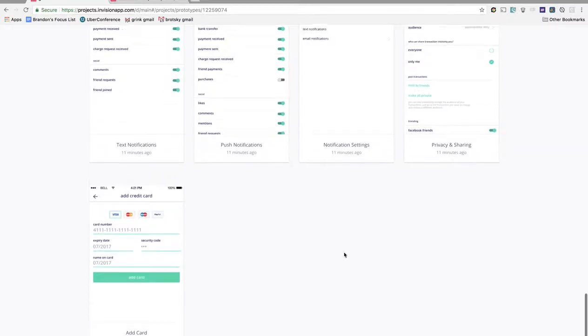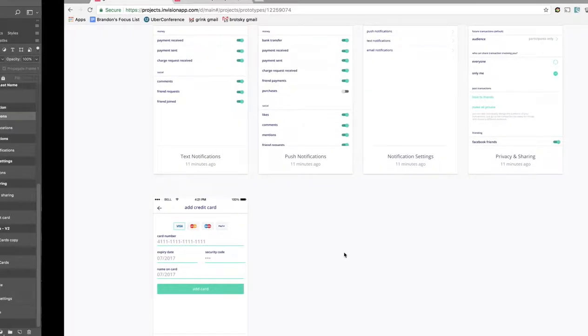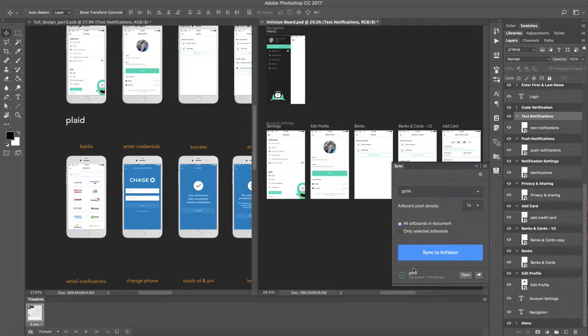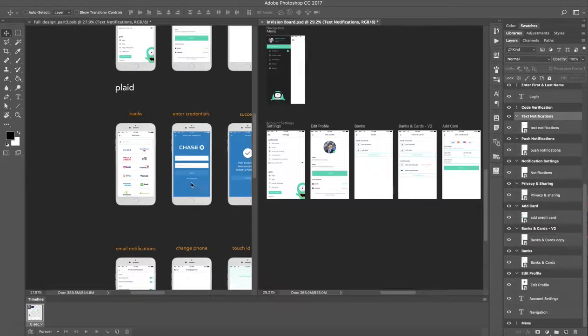Anyway, to do this in Photoshop, we're using this cool tool they provide. It's called Sync, and you simply hit Sync and then it goes in. We don't have any changes right now, so I'm going to show you how these changes are done. So the first thing is we have some Plaid settings,